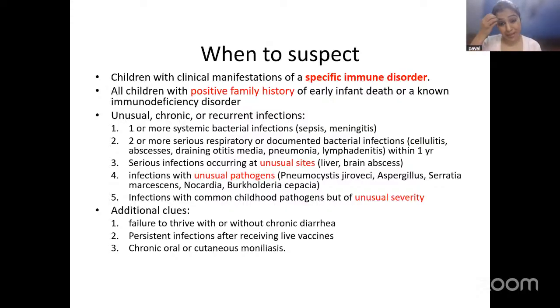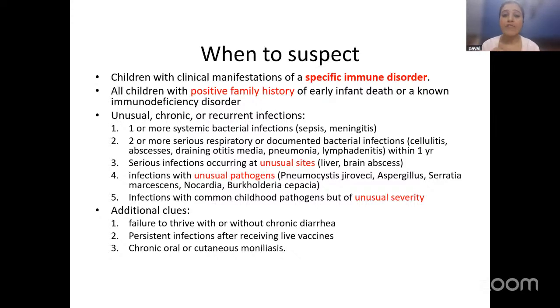So when to suspect, we know that positive family history. Why have I put this point is very, very simple. Again, for the residents, most of the immunodeficiencies are X-linked or autosomal recessive. I'm saying most of them, in inverted commas. What does that tell you? That you have to make a three-generation pedigree chart, right? So when you look at a patient, whatever signs I'm going to tell you, you have to make a three-generation pedigree chart, because if it is X-linked, then the females are going to be carriers and men are going to be affected. If it is autosomal recessive, you have to take the history of consanguinity, right? If it is autosomal recessive, both the partners will be carrying the gene, right?